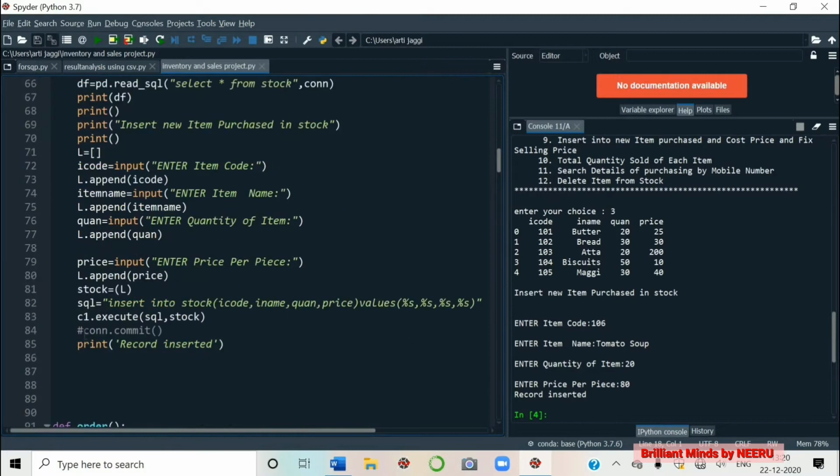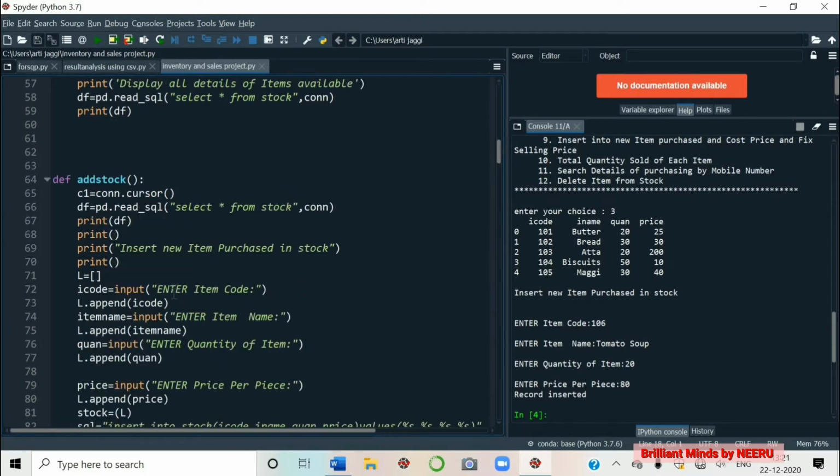Let us see the coding. Here I have given connection.commit as a comment. If I had removed it, then it would have saved it. I'll show you here. See, C1 is equal to con.cursor, df = pd.read_sql, select star from stock. It is displaying all the records after this statement executes. Then insert new item purchase in stock. See this line. Then an empty list is there.